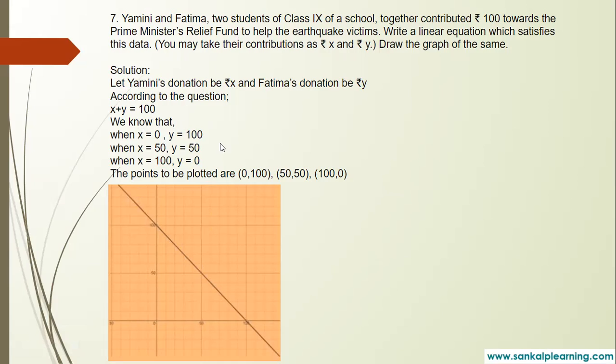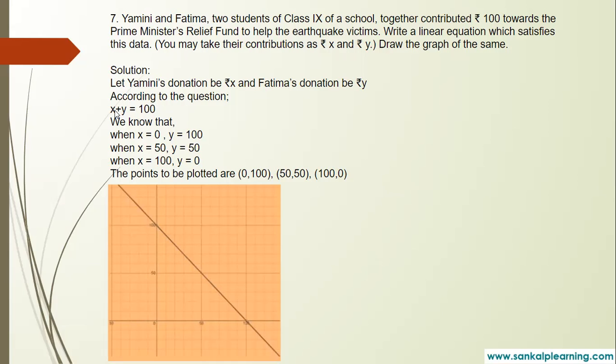Okay, children. So I think you all have understood. Here I will explain directly. You try at home. So this is our equation, X plus Y is equal to 100. Now write X is equal to 0. When X is 0, Y is equal to 100, right? If X is equal to 50, what is Y? You will transfer X to the right hand side. It becomes 100 minus 50. So 50 is the answer.